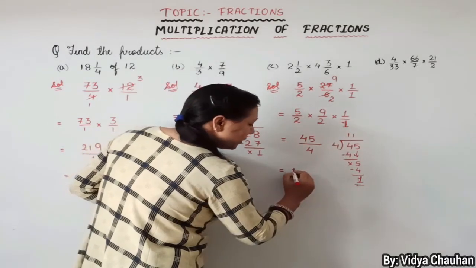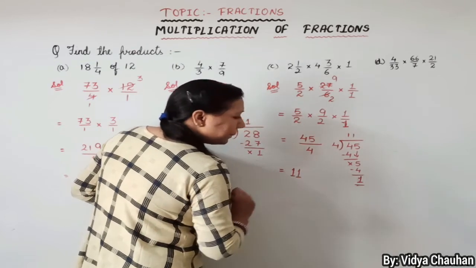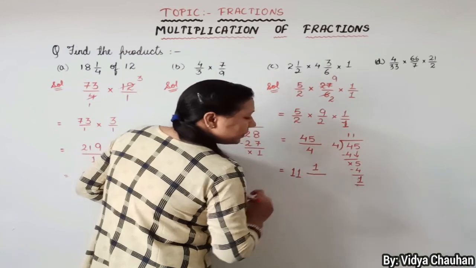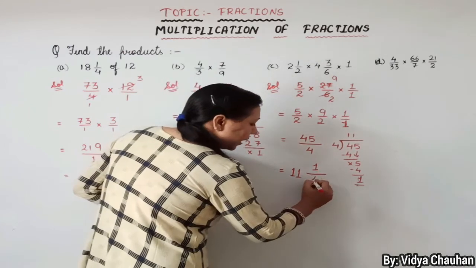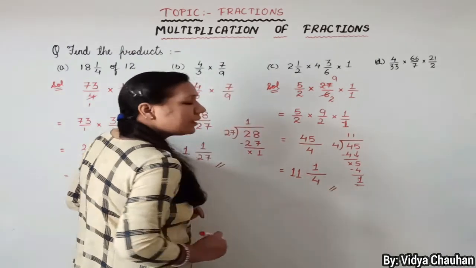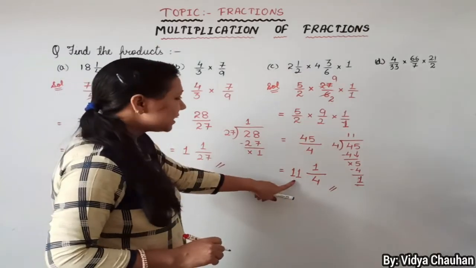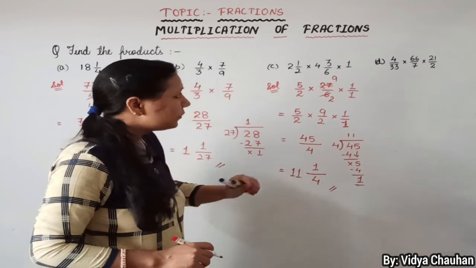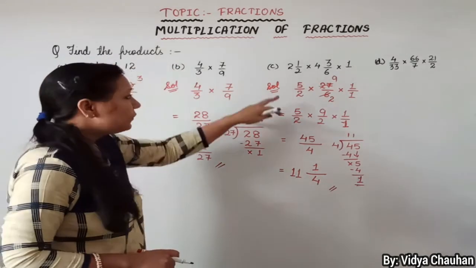The quotient will become the whole number, then the remainder will be our numerator and the divisor the denominator. So the mixed fraction for 45 upon 4 is 11 1 upon 4, and this is how we have solved